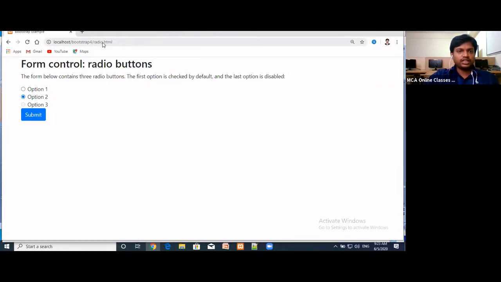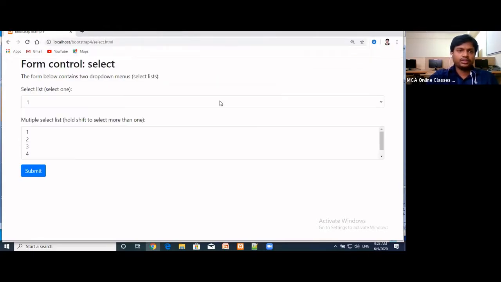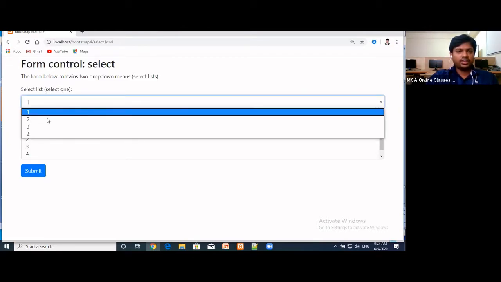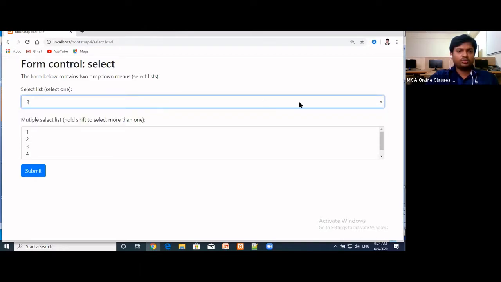Now we'll see the example of how it works. Select.html. Here the first one is the form control select list. Whenever we use the select tag, automatically it will display the select box. At a time we can select only one option.